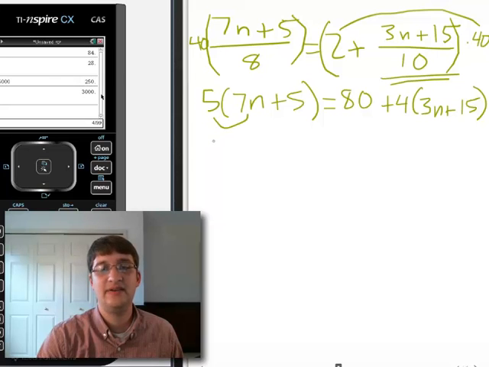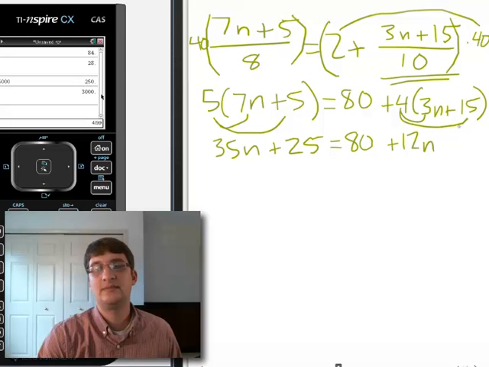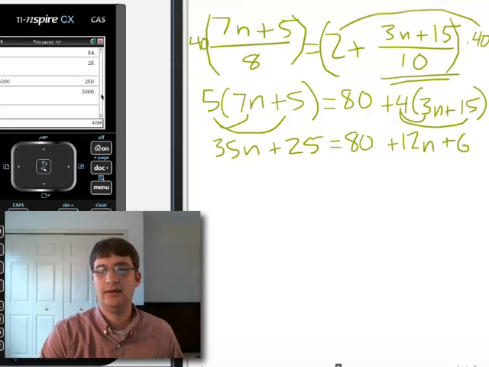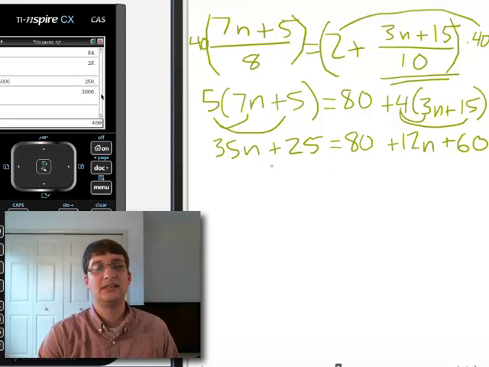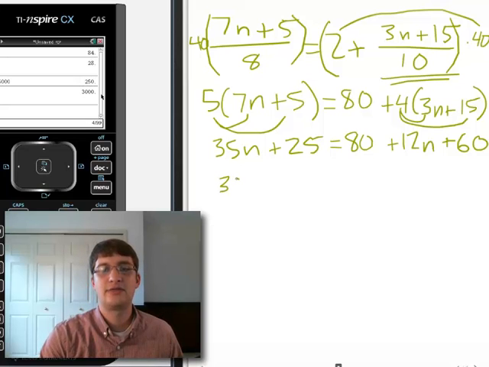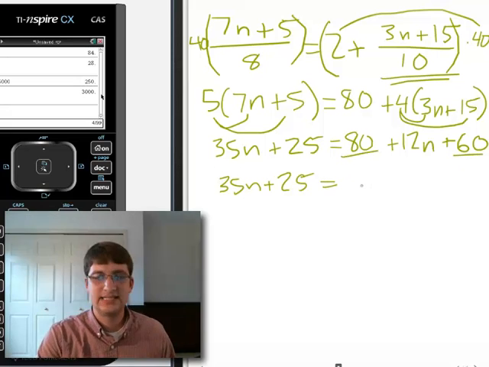So 5 times 7n is going to be 35n. 5 times 5 is going to give me a positive 25, okay? This is going to equal 80 plus, we got 4 times 3n, which is 12n, and we got 4 times 15, if my math is correct, should be 60, okay? So let's simplify. On the left side, it's already simplified. On the right side, we can combine like terms, okay? So we got 35n plus 25 equals 80 plus 60,